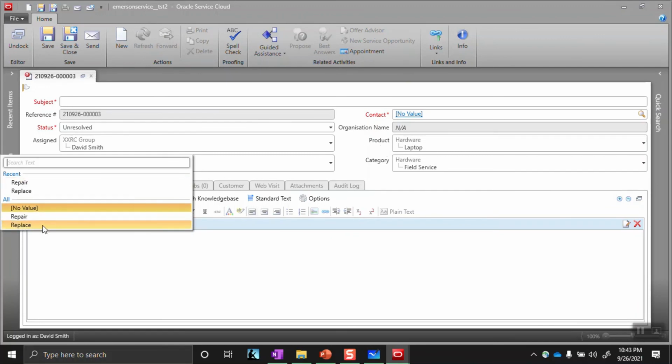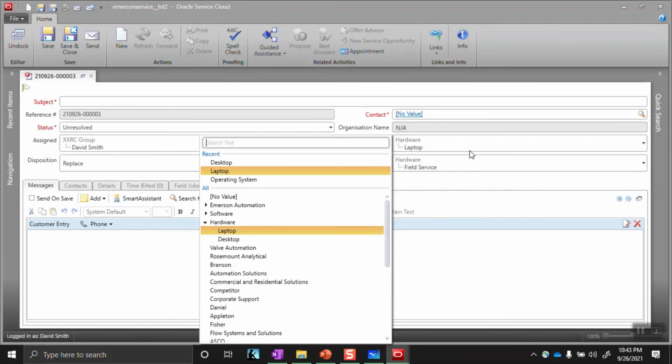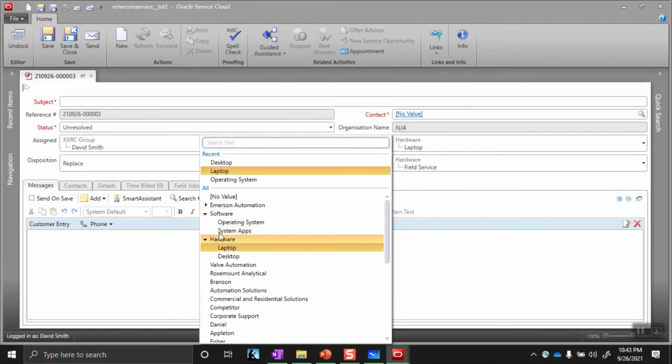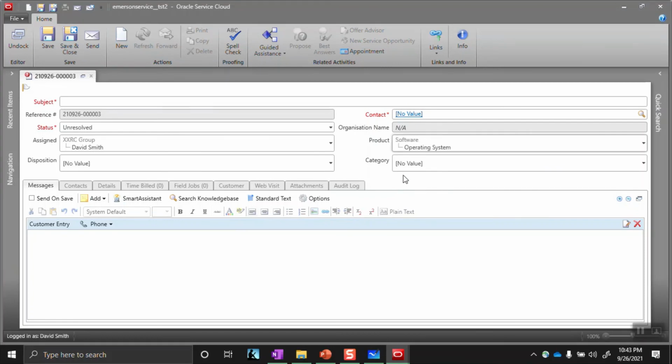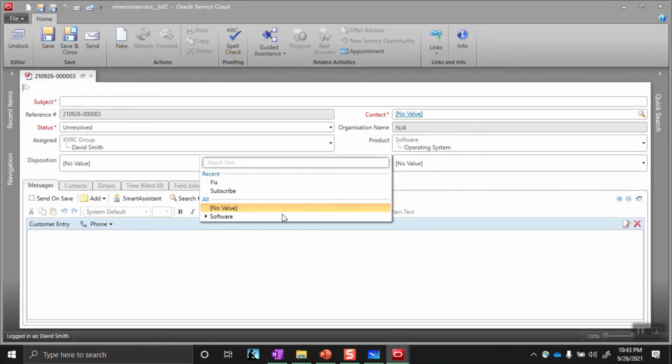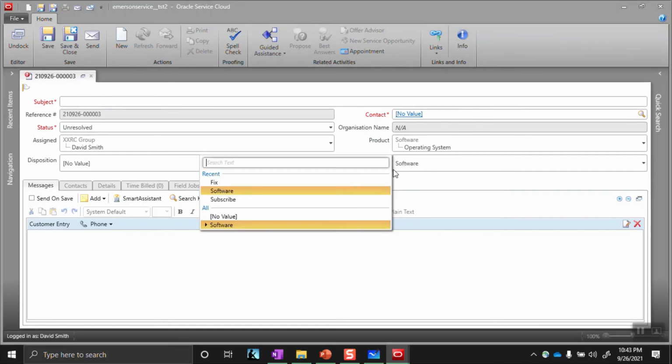Similarly, if I go to software, in the software we have given two options, operating system and system apps. Let me go to operating system. Now in the category we will not have the field service and depot repair, but only the subscribe and fix options, both of which we have given.